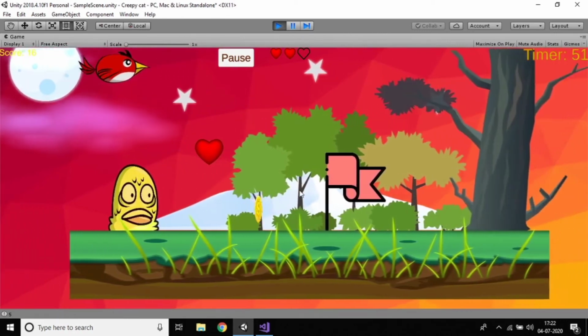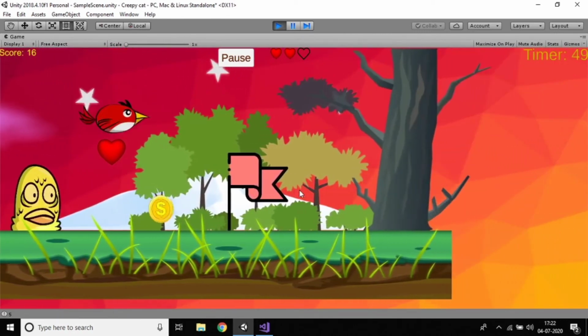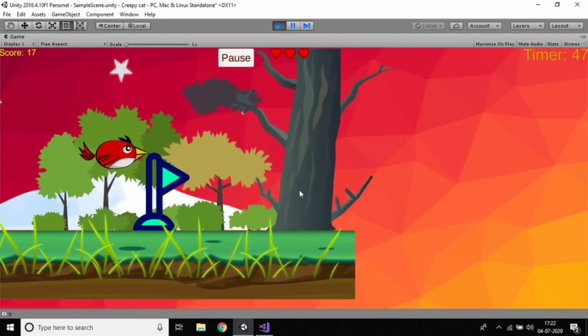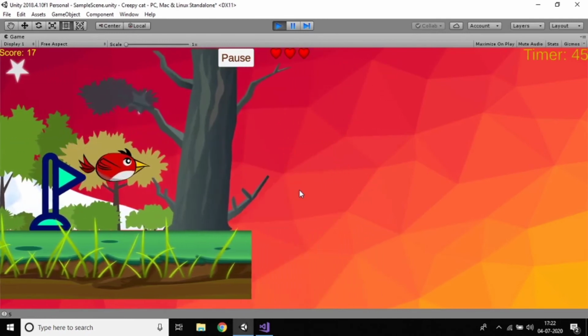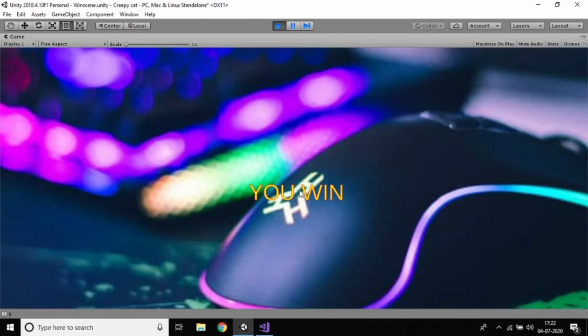Did you observe that my timer is also working? Everything is working. If I touch now, we can see here, yes, the you win scene. Finally we got it.